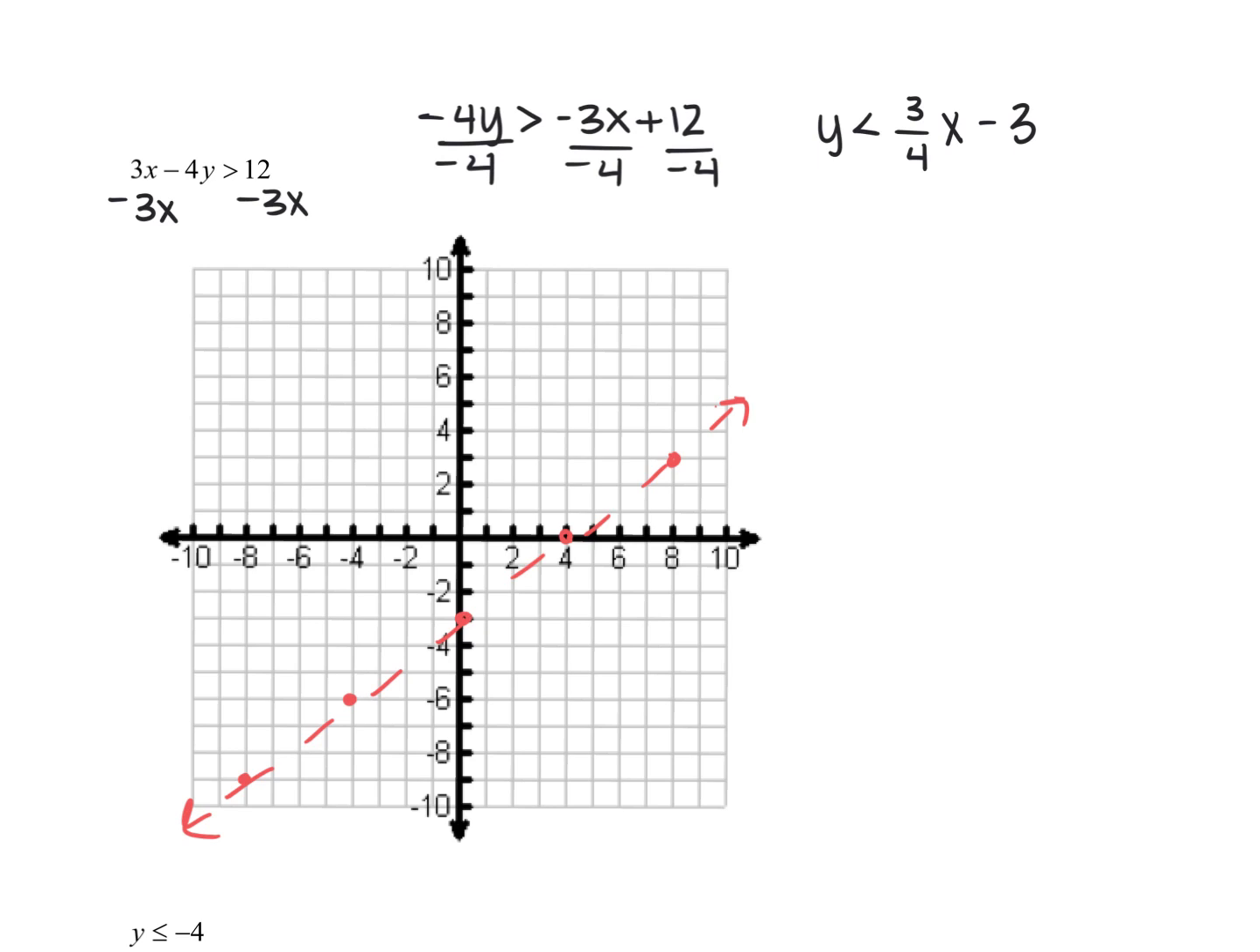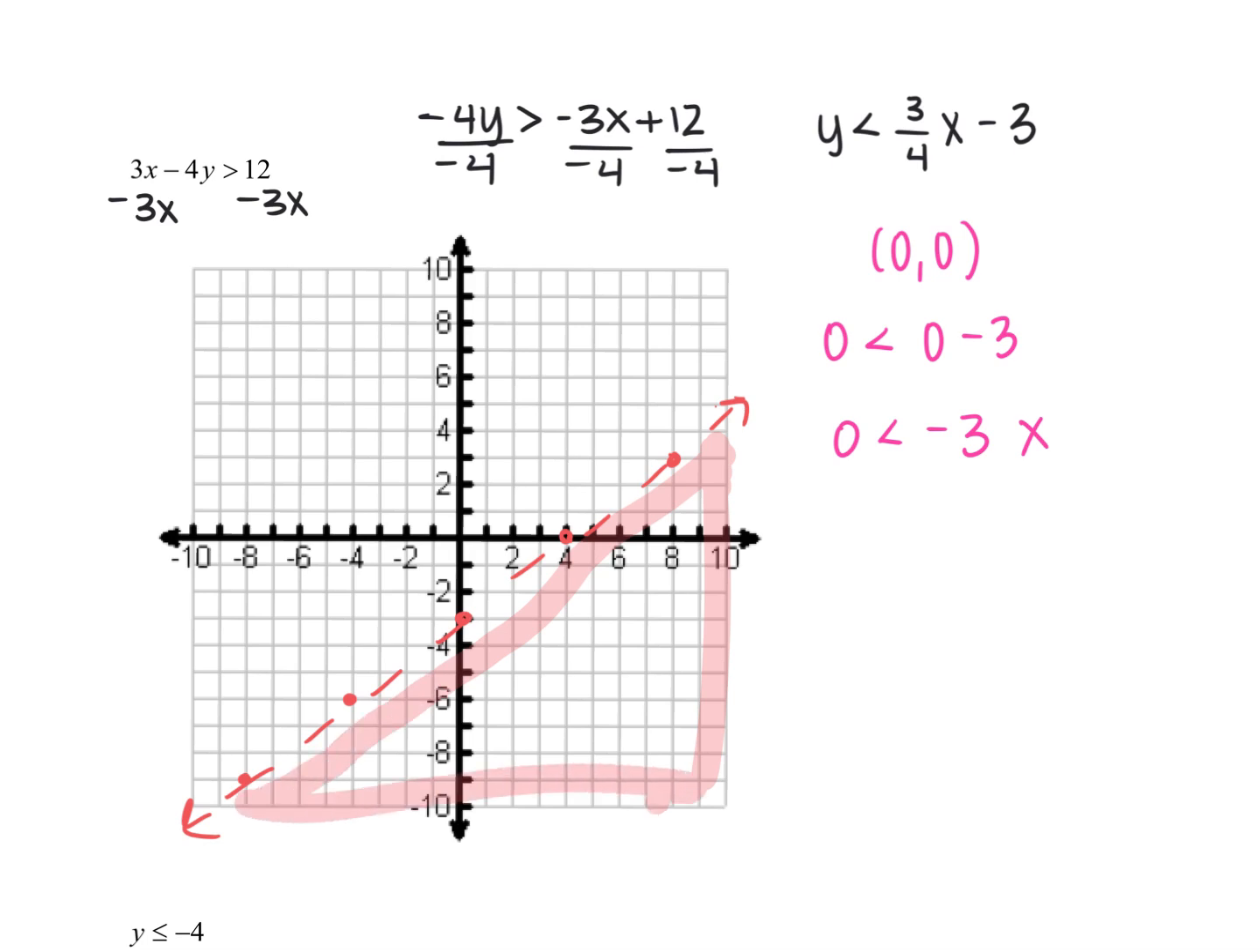Okay. Now I'm going to plug in my test point of 0, 0. So we get 0 is less than 0 minus 3. 0 is less than negative 3, which is not a true statement. 0 is actually greater than negative 3, which means I don't want to shade where 0, 0 is, which means I'm going to shade